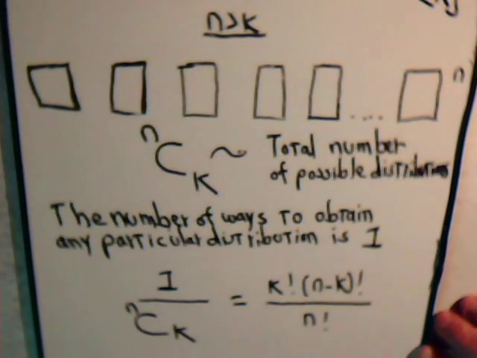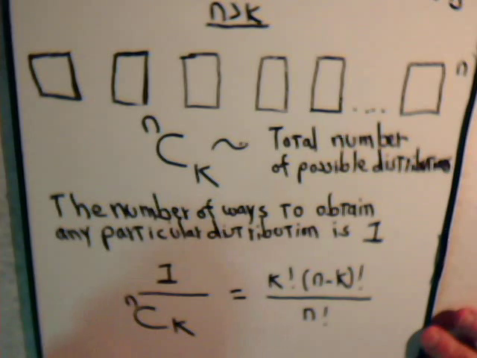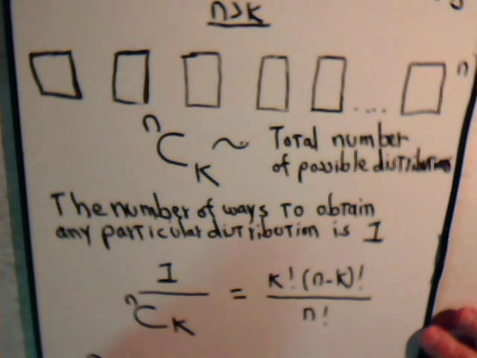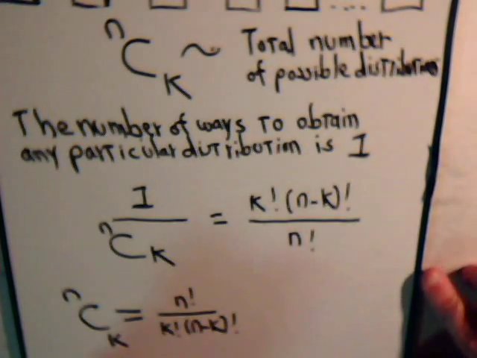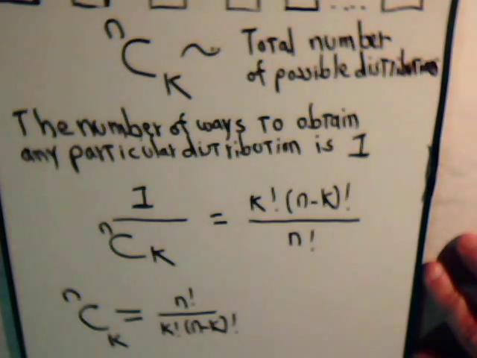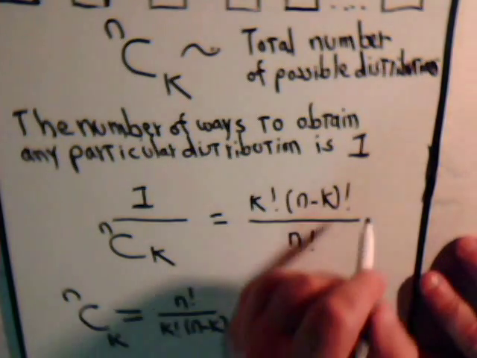Remember, C(n, k) gives us n factorial over k factorial times (n minus k) factorial. That's what this is. To get the probability for any particular distribution, it's the reciprocal of this, so we're going to get